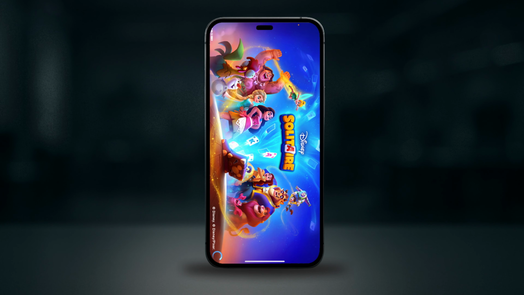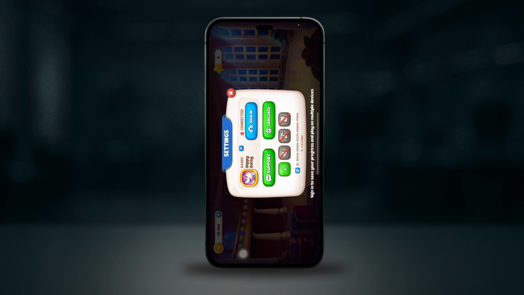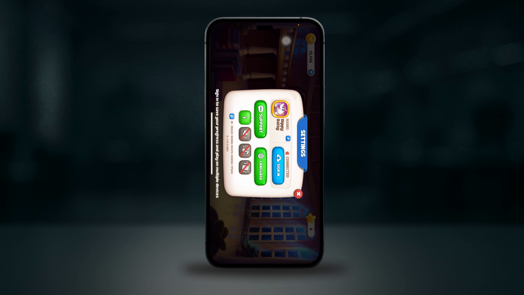safe. First, open the app and then go to settings in the app. Then connect your account to Facebook or Google. Link your progress to Facebook or Google to save your game online. Then to link your phone to Facebook, I've made a whole different video so you can check that video out